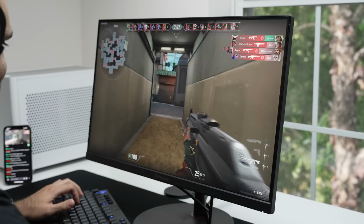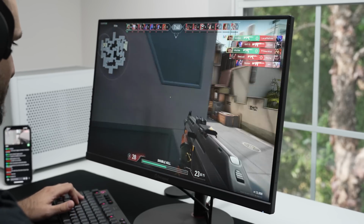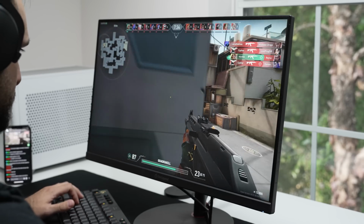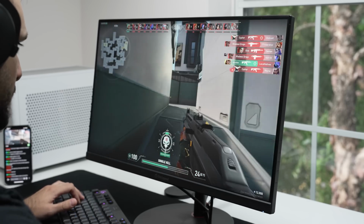But let's begin, starting with the 1080p 240Hz to 360Hz segment. This is for the ultra competitive types, those whose main games are CSGO, Valorant, Rainbow Six Siege, etc., and are pros or aspiring pros. These monitors are not for people that mainly play casual games or want to do any kind of professional color work, since pretty much none of them have wide gamut support,